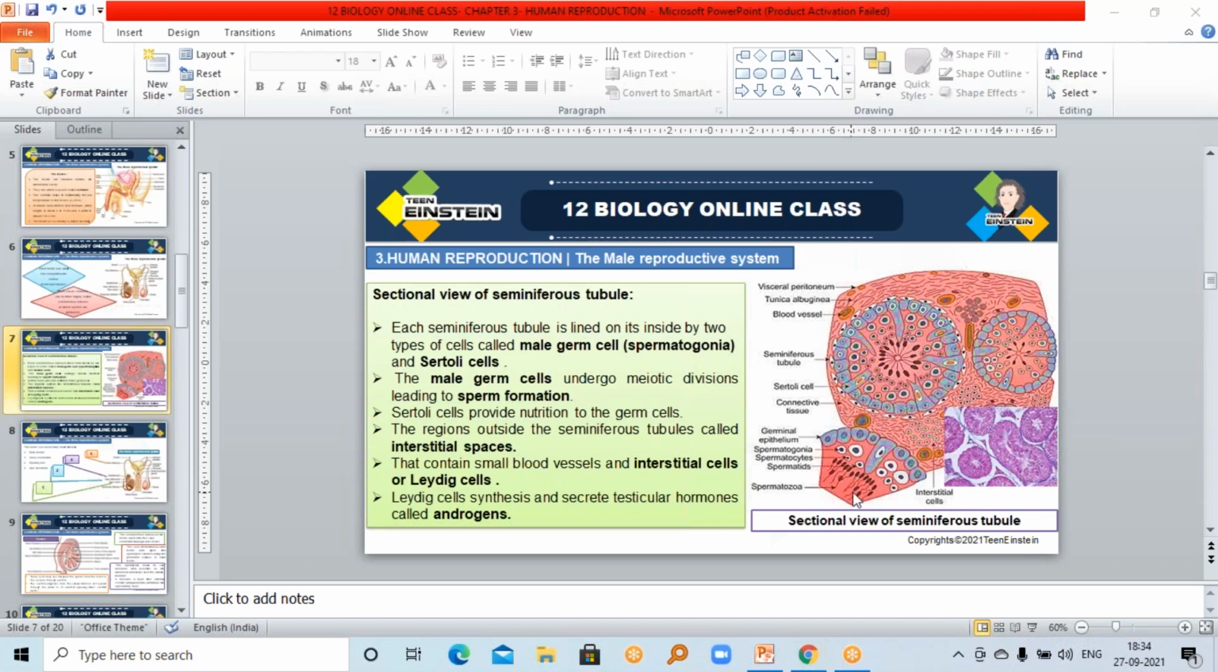And Sertoli cells secrete androgen binding protein, ABP. Note down, androgen binding protein. It is secreted by Sertoli cells and that concentrates testosterone in the seminiferous tubule. What is the function of androgen binding protein? That concentrates testosterone in the seminiferous tubule. So Sertoli cells secrete androgen binding protein, short form ABP, and that concentrates testosterone